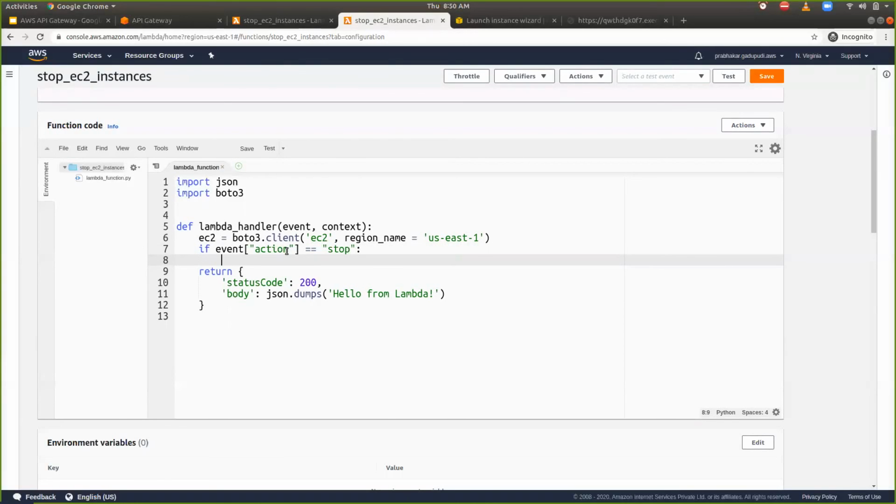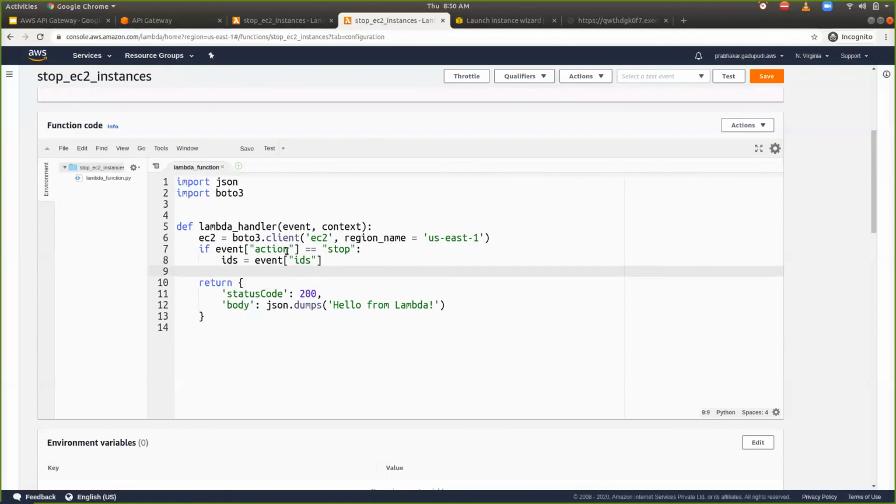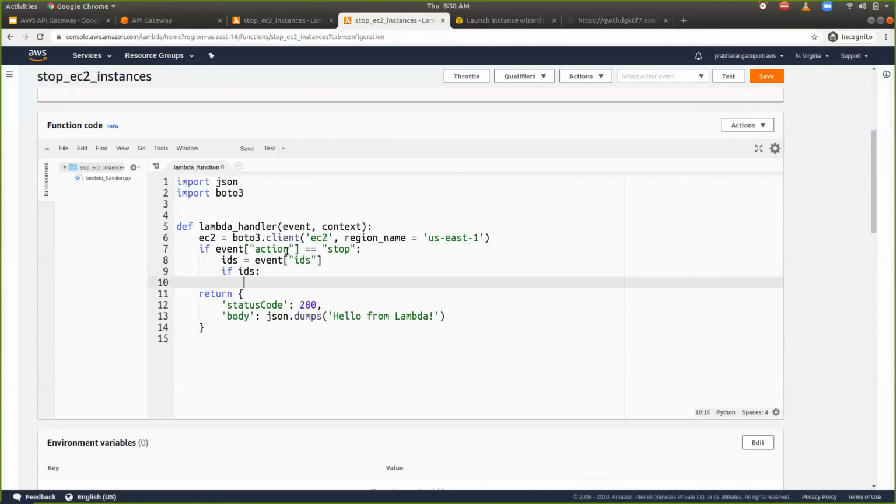Here I'm going to capture the IDs, which I'm going to send from my request object. And once IDs are there, I can check: if IDs are there, then go down and say ec2.stop_instances.